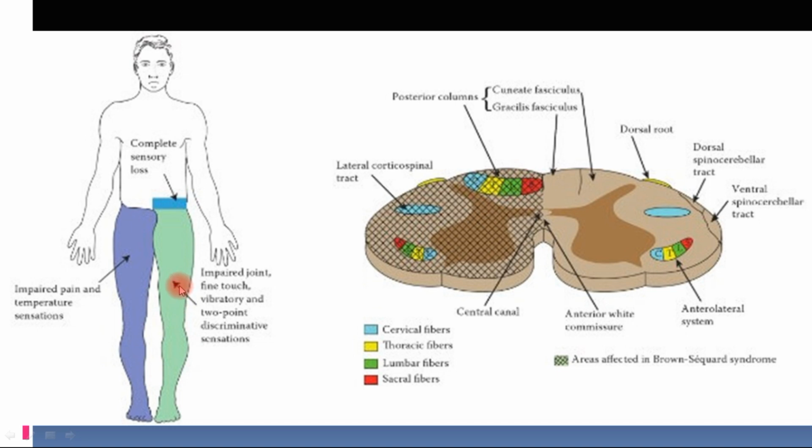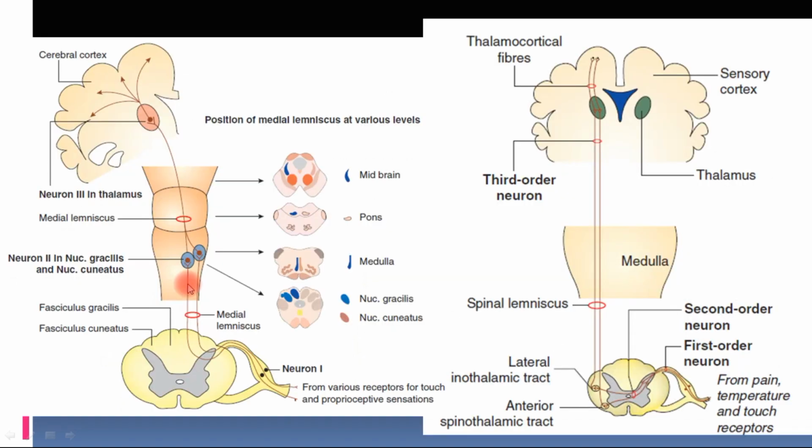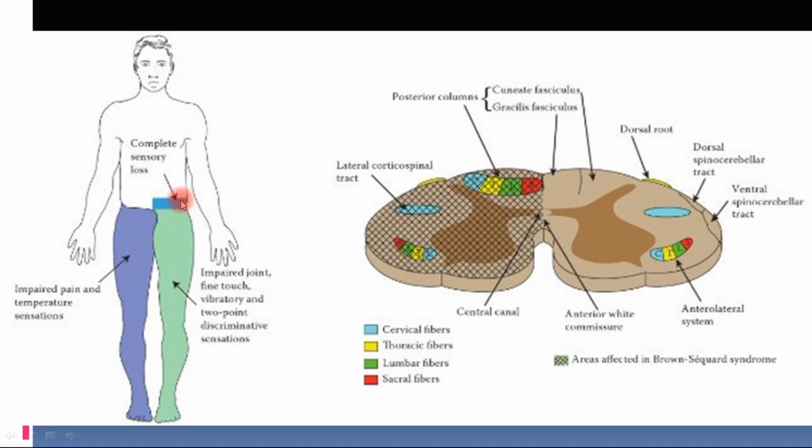Whereas when we see the anterolateral pathway, what is happening? It is carrying the sensation of the left side to the right side, and it is ascending on the right side. So in this case, if the hemisection is on the left side, what is going to happen? Which anterolateral tract will be cut? The tract which is coming from the right side, crossing to the left side, and then ascending on the left side will be damaged. So that is why the sensation of pain and temperature on the right side will be affected.